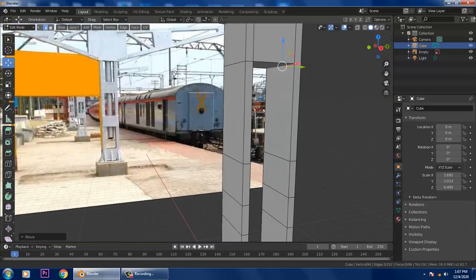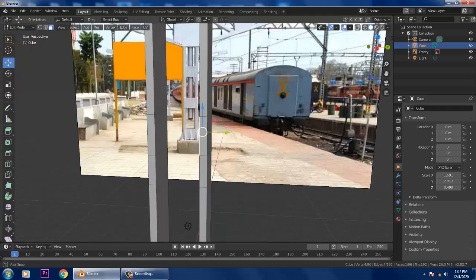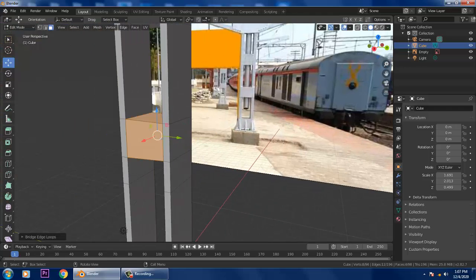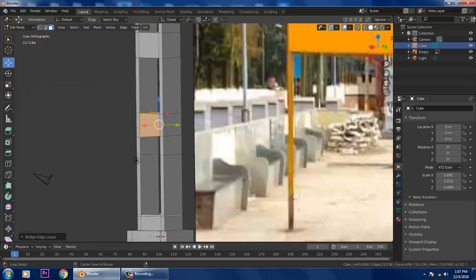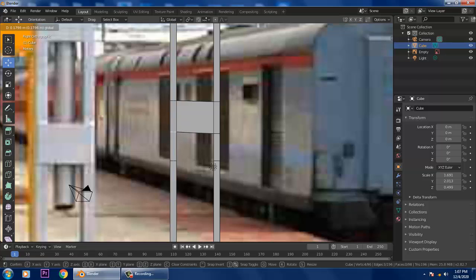Alright, once you're done with this, again you can select this polygon, shift select this, right click and bridge faces. So same thing, and slightly just